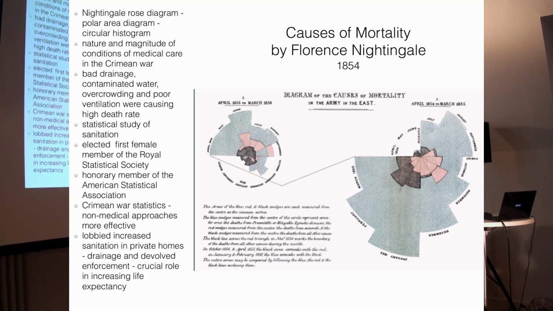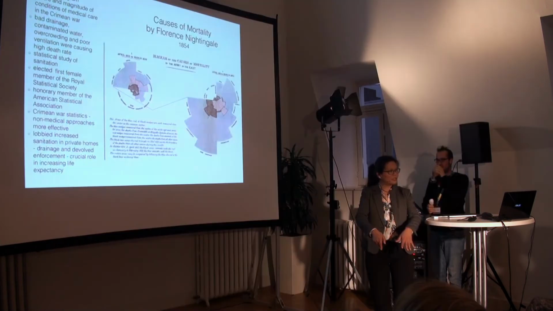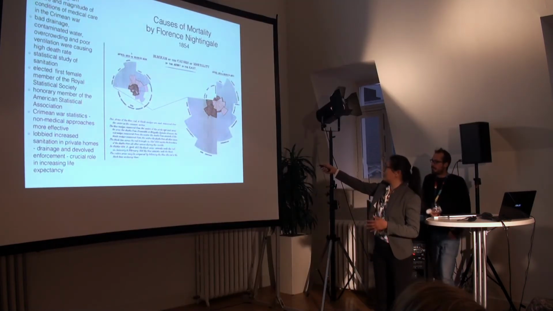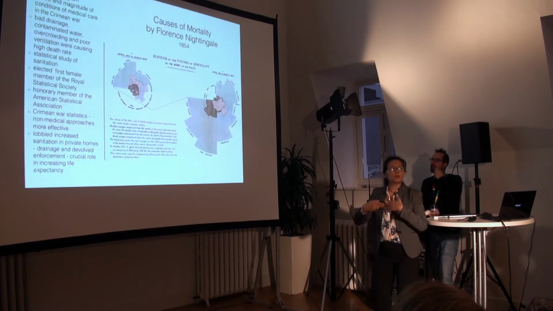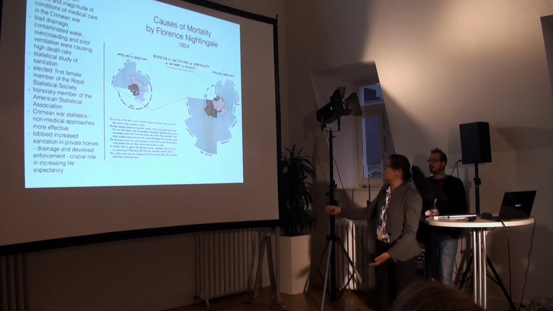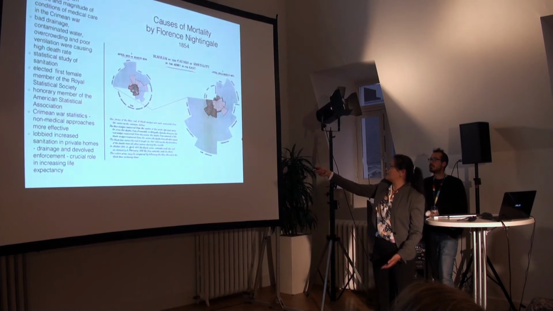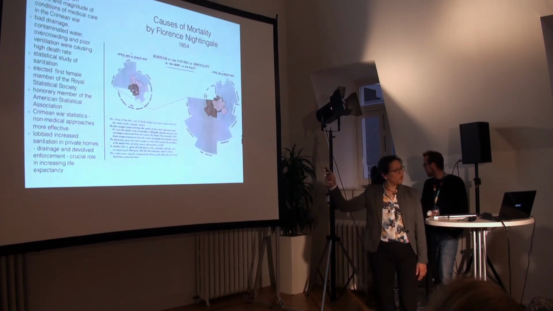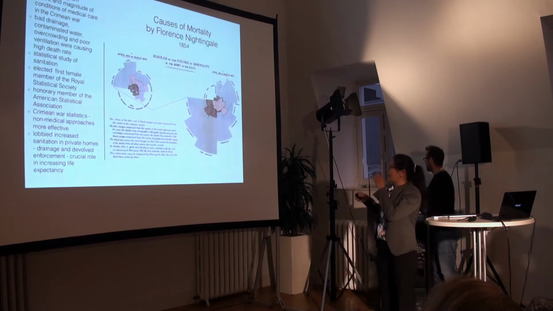So she plotted the data. She said, okay, this is how it looks. These gray areas are the cause of mortality that was something they had gotten after they were hospitalized, and these are from the wounds. They died from their wounds. And she said after improving hygiene in the hospitals, she was able to reduce the mortality by this much. This was what we call a circular histogram, or actually the Nightingale-Rose diagram. So she was the one who first plotted her data using this kind of diagram.